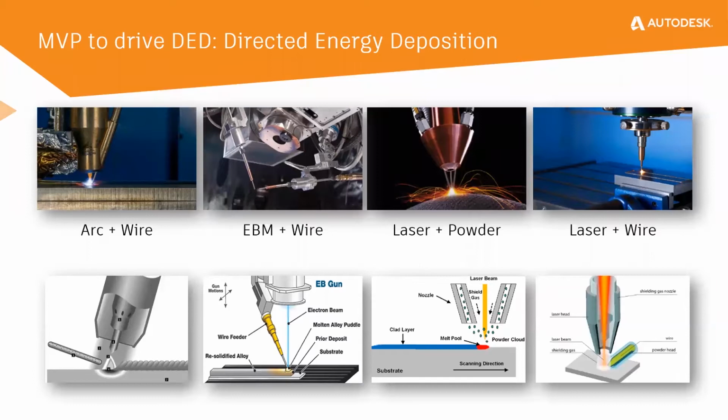The main 4 categories that PowerMill focuses on inside of directed energy deposition are arc and wire, electron beam and wire, laser and powder, or laser and wire. Your arc, your electron beam, and your laser are the ones providing the heat source, and your wire or your powder is what actually provides the material to grow the part in the additive